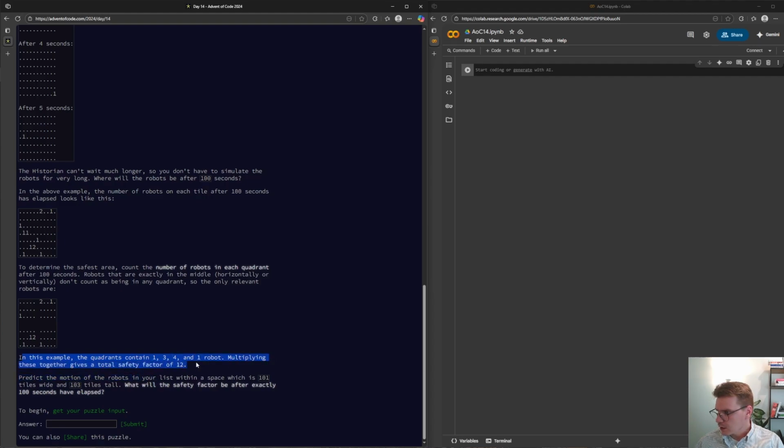Multiplying these together gives a total safety factor of 12. Predict the motion of the robots in your list within a space which is 101 tiles wide and 103 tiles tall. What will the safety factor be after exactly 100 seconds have elapsed?